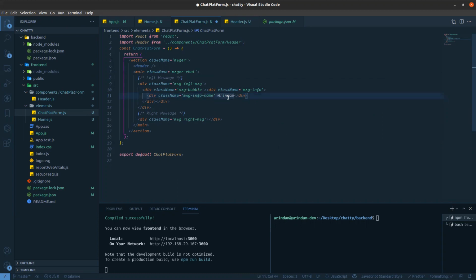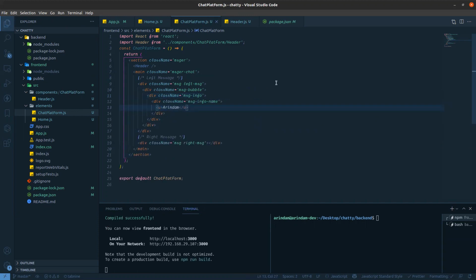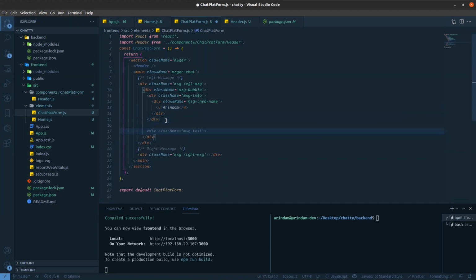On that name I'm just underlining it. Name means the username, you can say my friend's name. Okay. And after this div I'm creating the message text zone.